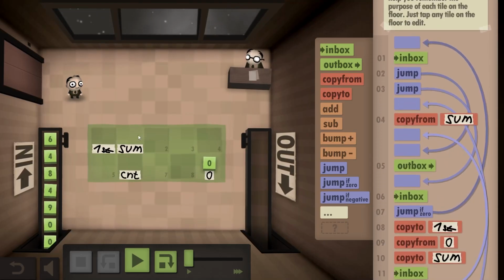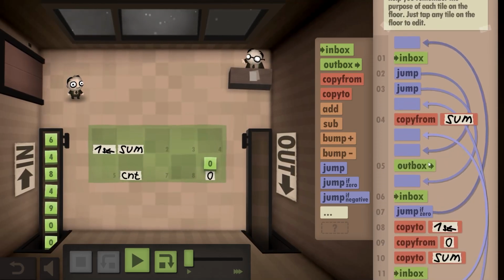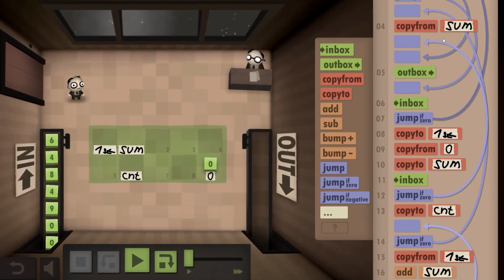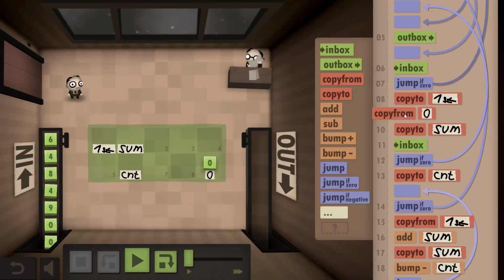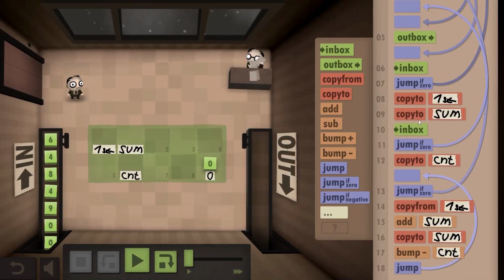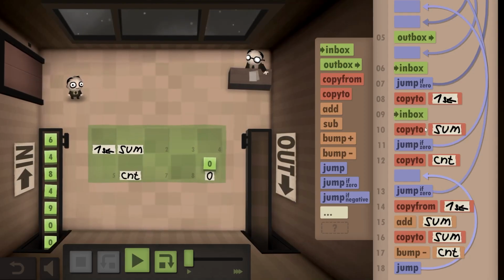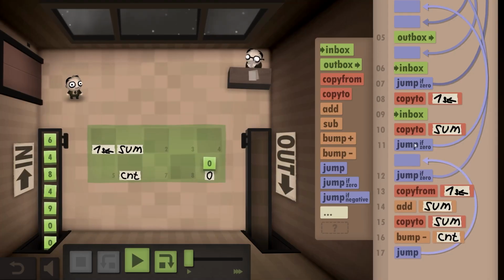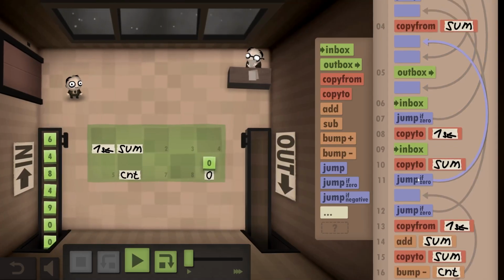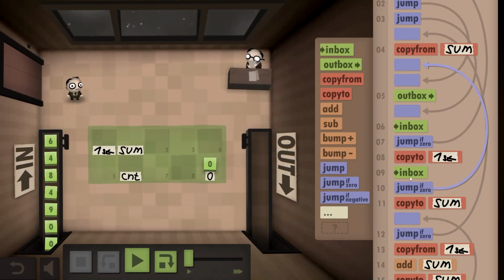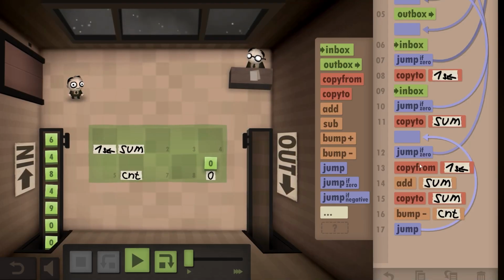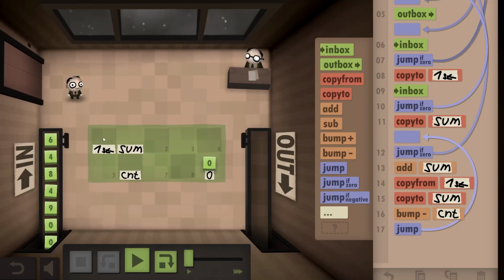Which also means I can copy the second number to sum as I wanted originally. Because now neither of the numbers are 0 because we outbox first, if that's the case. So we don't need this 0 into sum. We can just inbox the second number as the sum. We don't need to copy to the counter. We don't need this jump if 0. Oh wait, we do. Yeah, but here, after we inbox the second number, if it's a 0, we outbox, otherwise copy to sum. And then we are holding the sum, so we can just add the first,